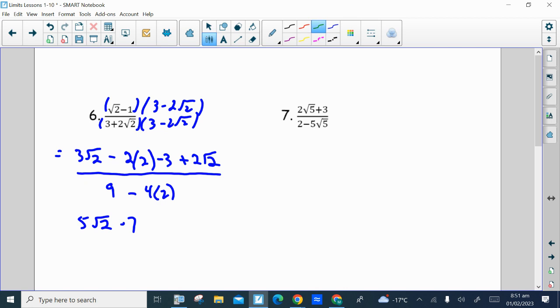All right, so for number 7, you're trying to rationalize the denominator, so you need to multiply top and bottom by the conjugate of the denominator, which will be 2 plus 5 root 5. So the front terms, 2 times 2 is 4 root 5. The outer products, the coefficients,